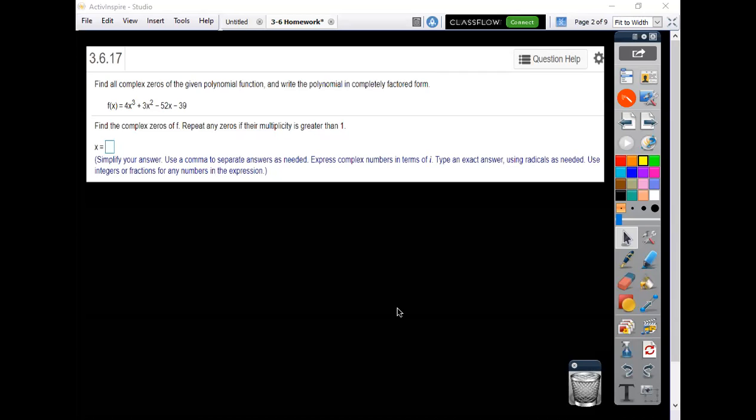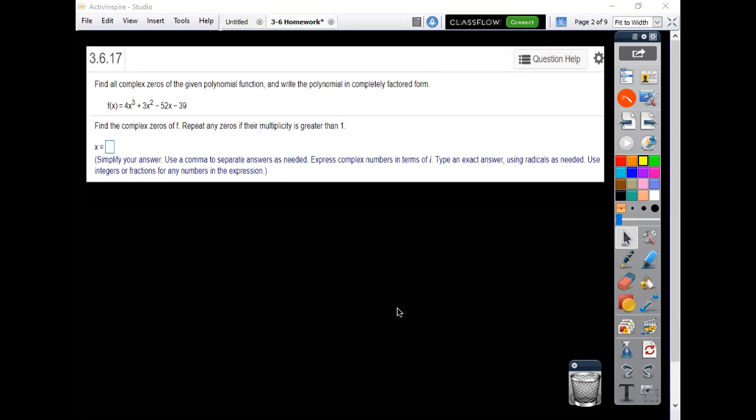Okay, problem 3.6.17. We've got a cubic equation here, and we're supposed to find the complex zeros. Complex means it has the imaginary number part to it, so hopefully there's at least one real number in that. We'll divide that out, have a quadratic left, and then we can use the quadratic formula on that, for